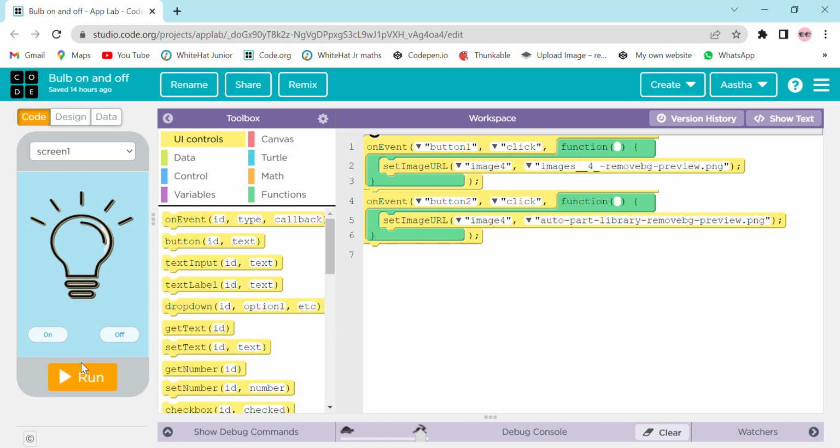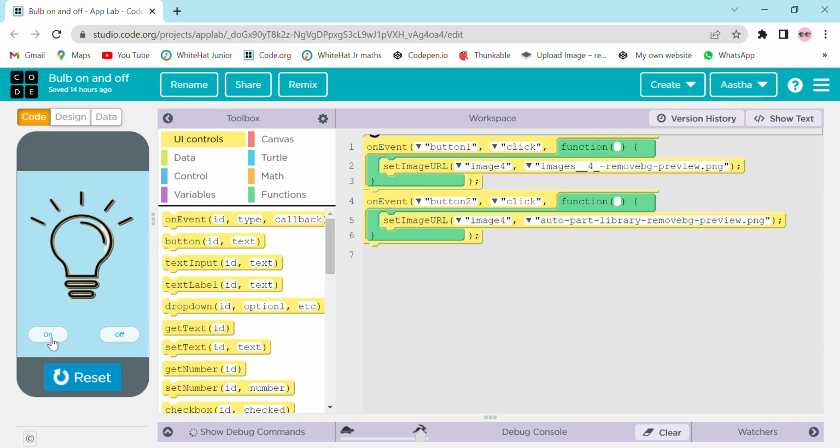So let's see. I'm going to run it, and when I click on the run button, you can see the light is on. The bulb is on. Now the bulb is off. So when we are clicking on the on button, it is on. When we are clicking on the off button, it is off. So now,